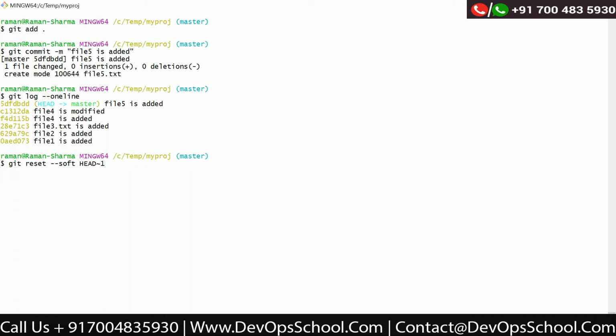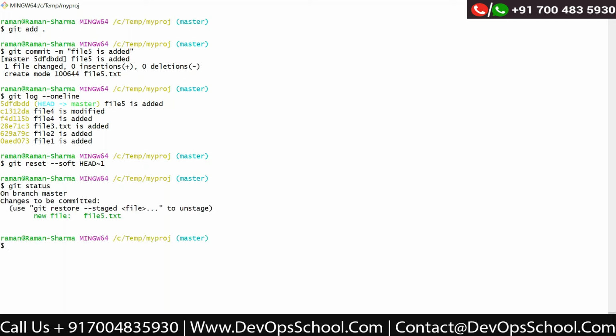If you want to undo the last 2 commits, then 2, but it will be consecutive. Okay, so now it is reset. If I say git status, you will see now the file is not untracked, the file is in the stage area.